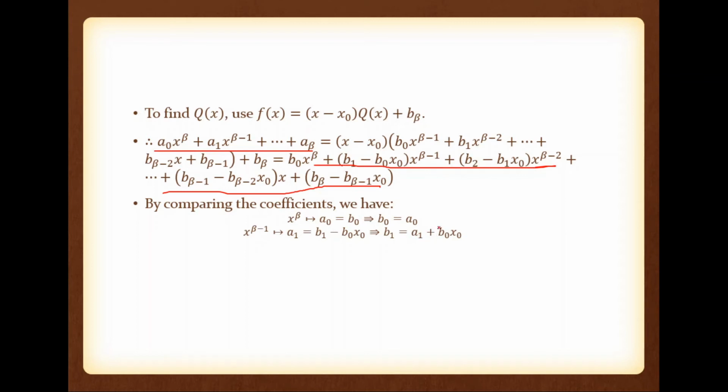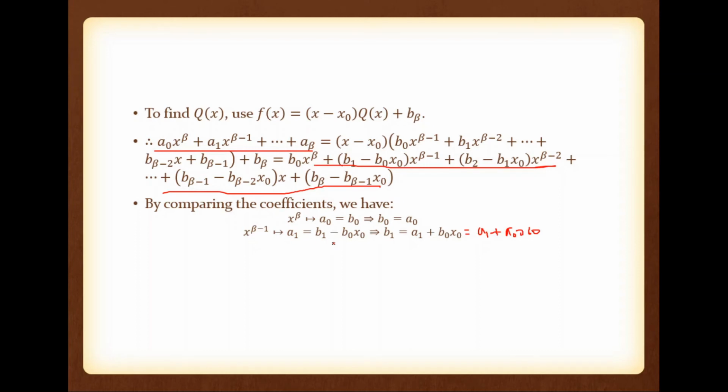Actually, there is no need to replace b0 with a0. This one is also correct. This is also equal to a1 plus a0 x0, but no need to write that. Simply we can write, we already have b0 now. If you are writing an algorithm, this one is a step-by-step algorithm. So if we have b0, we can use that here. There is no need to replace a0. Or if you want a0, that also you can use. Okay, so this is after comparing the coefficient of x raised to beta minus 1.